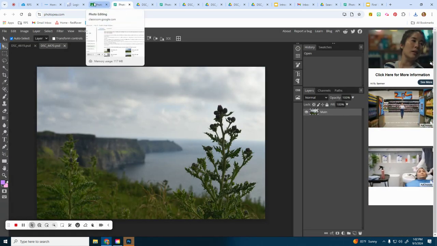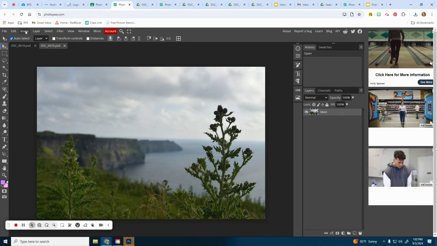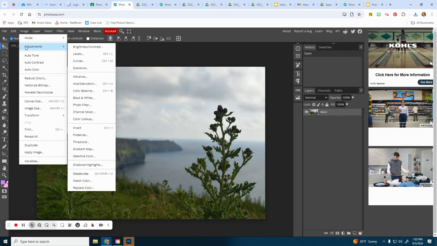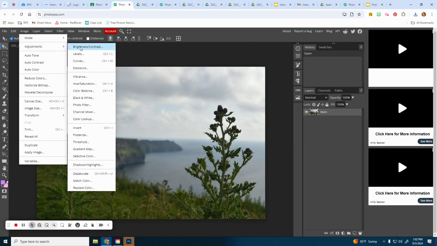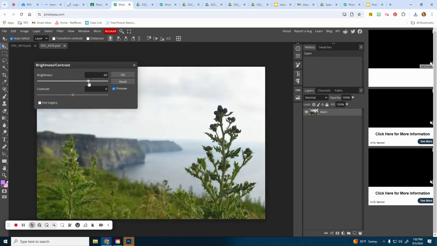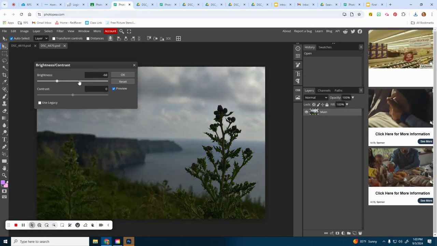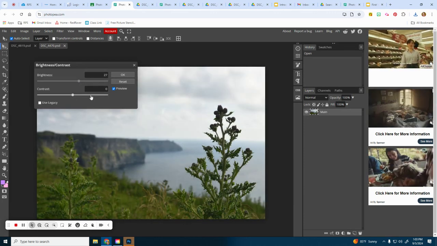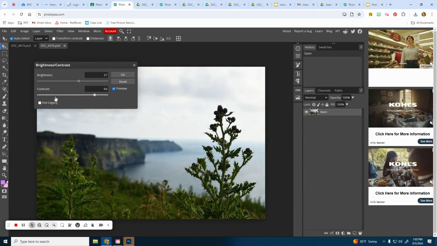All right, so we're dealing with brightness, contrast, and levels for this one. If I go to Image, Adjustments, Levels and Brightness Contrast are right there. I'm going to show you what each of these do. So brightness is pretty straightforward. It's just how bright or dark an image is. Same with contrast. If you want it to have more contrast, you can increase it or decrease it if you